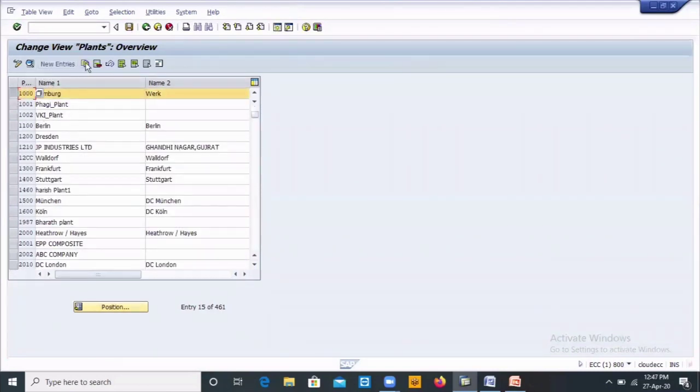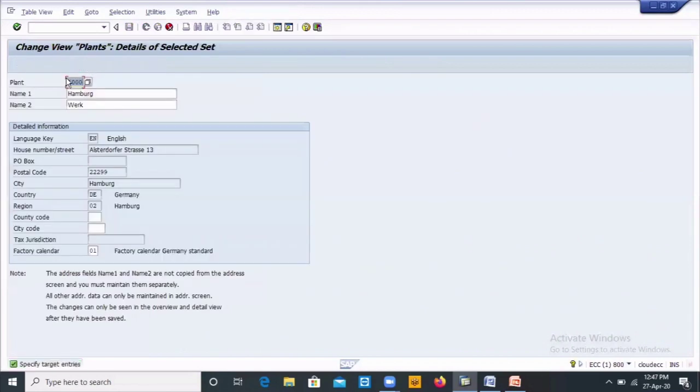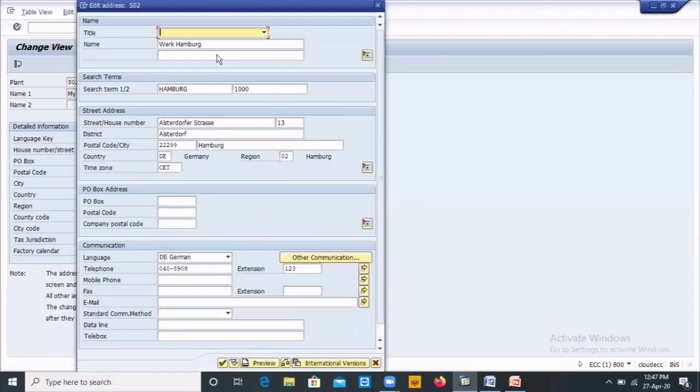Select it and copy as. And here write our plant. I will give S02. Name 1 is anything. My plant. Name 2 is not necessary. So enter it and we'll get this